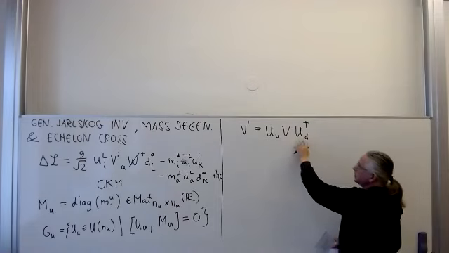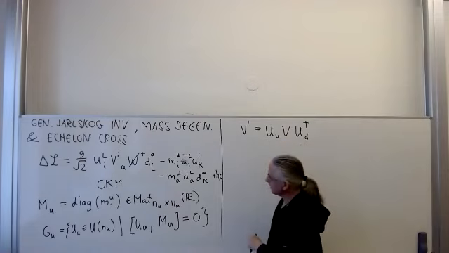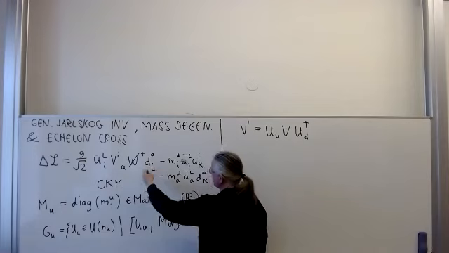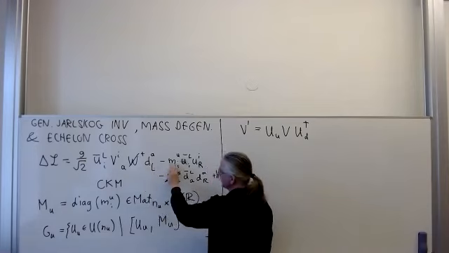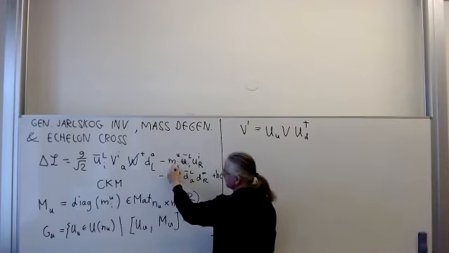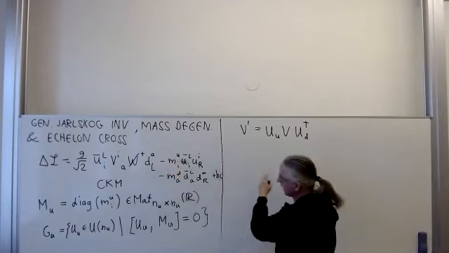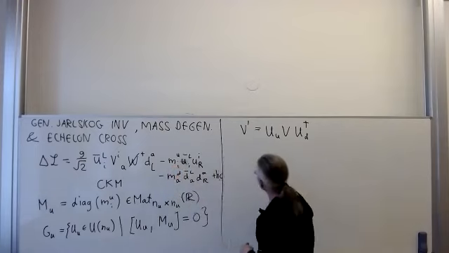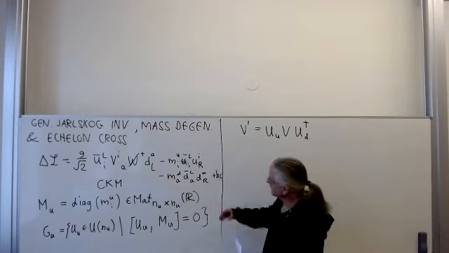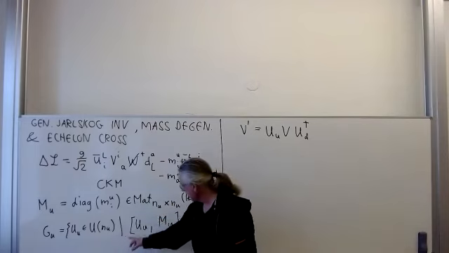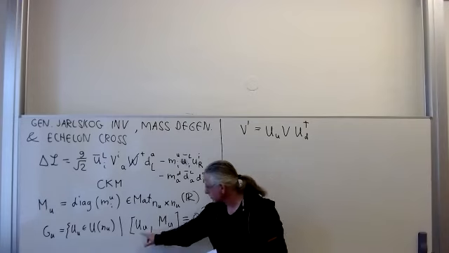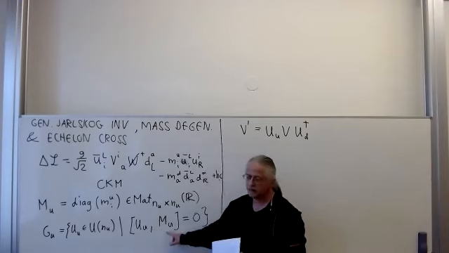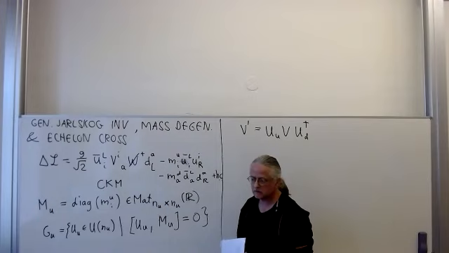So there will be unitary transformations, but the Lagrangian would not be invariant under such general transformations, because the masses are in general different. If all the masses were the same, then it would be invariant. But in general the masses are different, and then there will be a smaller group that is still a symmetry: the unitary transformations that commute with the mass matrix. Does that make sense?